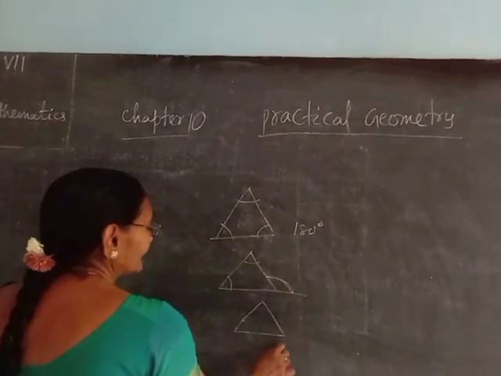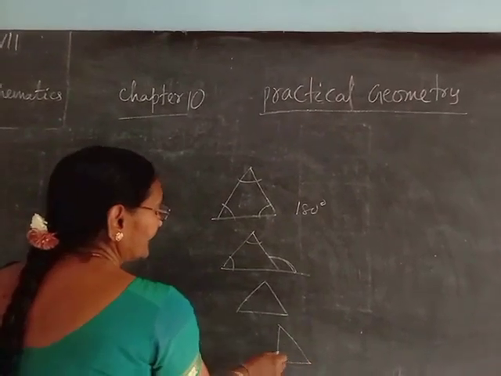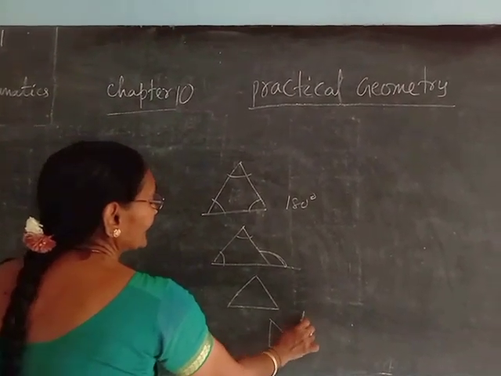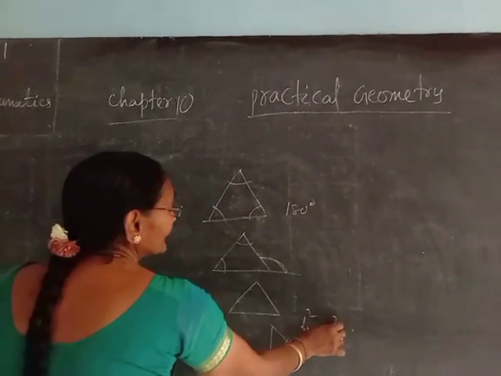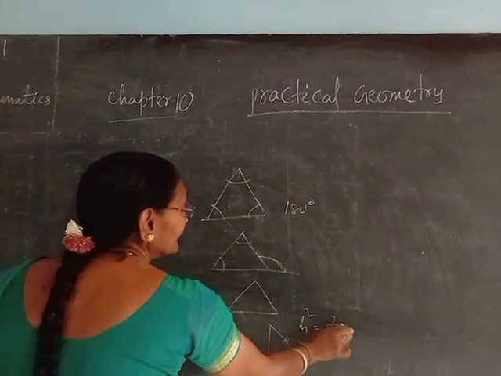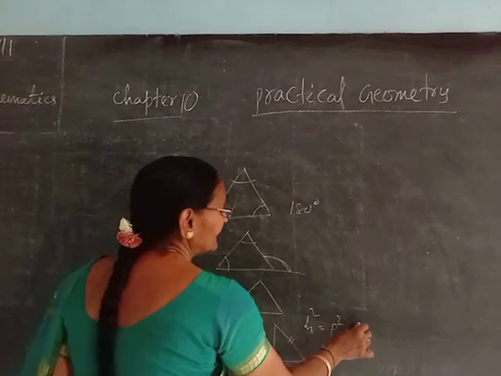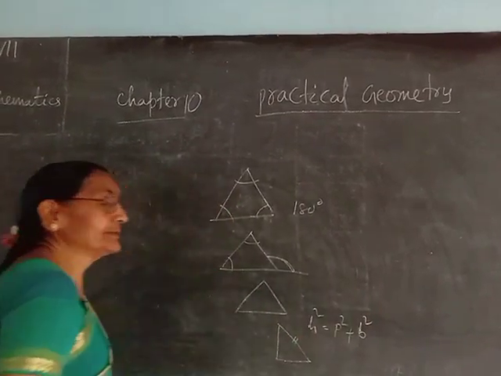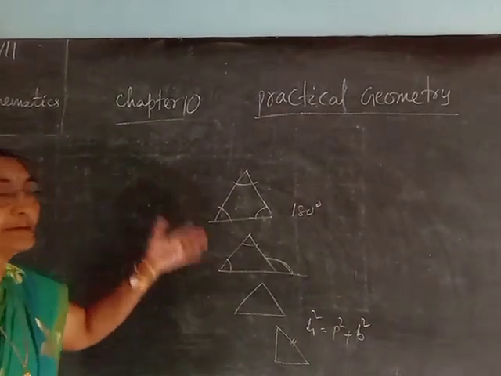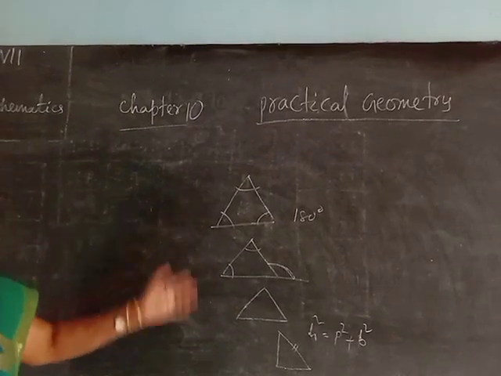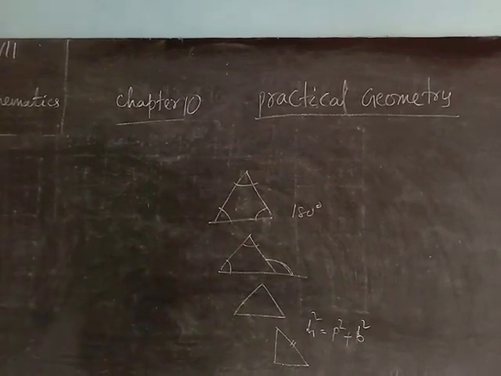Another thing: suppose it is a right angle triangle, then the square of the hypotenuse is equal to the sum of the squares of the legs, a square plus b square. These are the properties of the triangle. You already know this. Next,